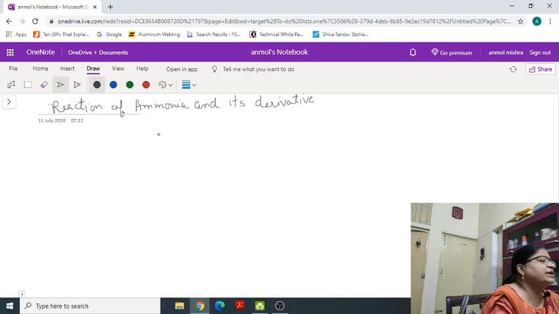So first we will write down the general equation. Now the carbonyl group, that is aldehyde or ketone, reacts with ammonia. Now this ammonia can be written as NH2Z. So this reacts to form addition product